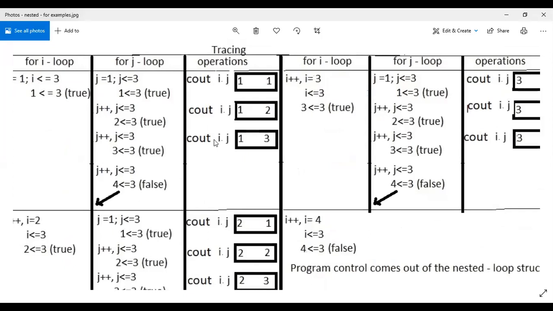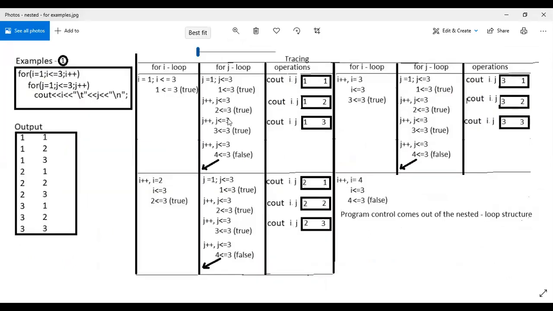First of all, I hope everyone understood this concept. So still, if you have any doubt, you can ask. See, whenever you trace the program with respect to nested for loop, you just follow this method. It will be very easy for you to trace the program. You put one column for I, another column for J, next for operations. You start from the I loop: initial value, condition, come to the J loop, initial value, condition, operations, increment, again condition, operations, increment, again condition, operations.